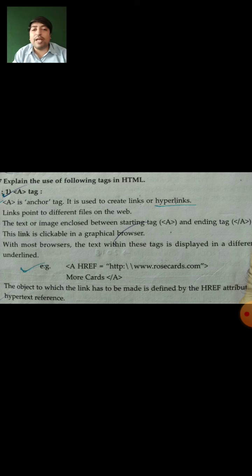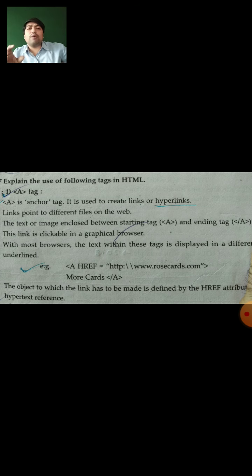Rosecard.com is the name of the website. Whenever I click on the word more cards, the website www.rosecards.com will open in front of you as a web page. This is just the code for giving the hyperlink over the words more cards.